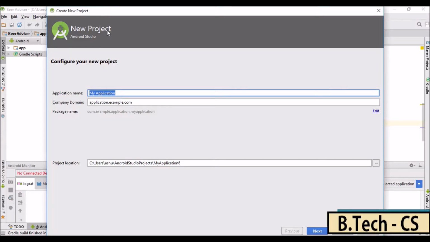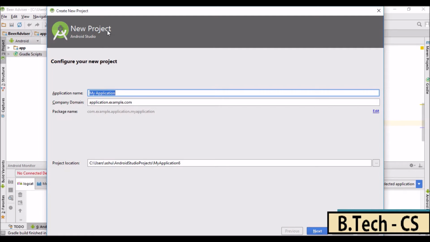Hello and welcome to this tutorial, and in this tutorial we'll be learning how you could design the user interface of your Android application by using the Java code. Now in the previous tutorials we have already learned a method for creating the user interface, and the first method which we have studied is the direct dragging and dropping of elements onto the user interface, and the next method was by using the XML code.